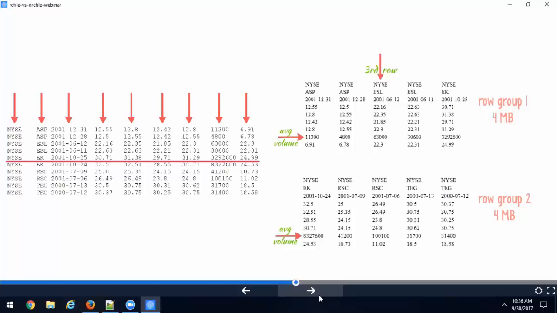You don't have that problem here anymore, right? Because it is all stored together inside one row group. You don't have to go to another row group to construct a row, because all the row information is in one row group, right? So that's the benefit of merging both the row major and column major into one chunk, into one concept.